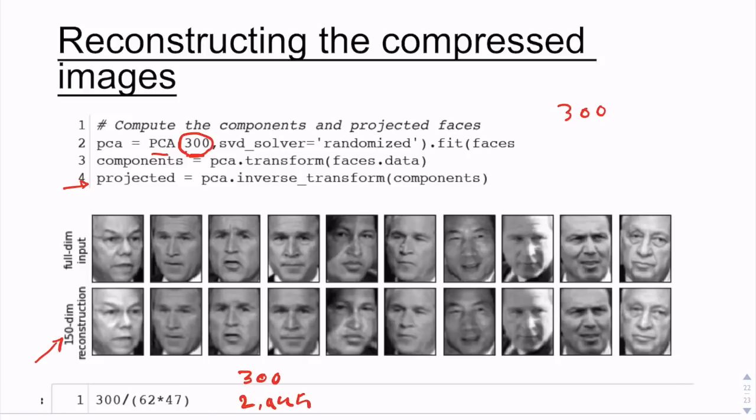Many image processing techniques use principal component analysis in order to reduce the dimension. So you can run this example in the Jupyter Notebook files uploaded on Blackboard, and then change the value for the number of principal components and then see the quality. I would recommend you to choose